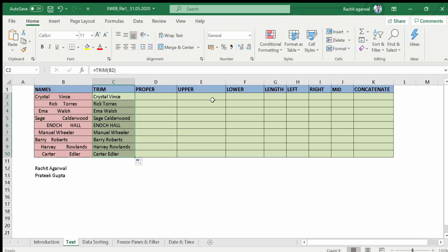All right. The next is proper, which I will let you know later. First we use upper. What is upper? Upper is used if we want any data or character in capital letters.